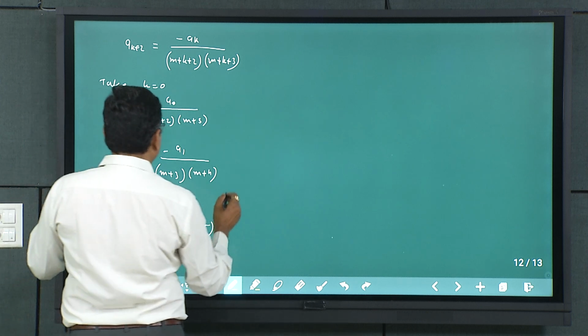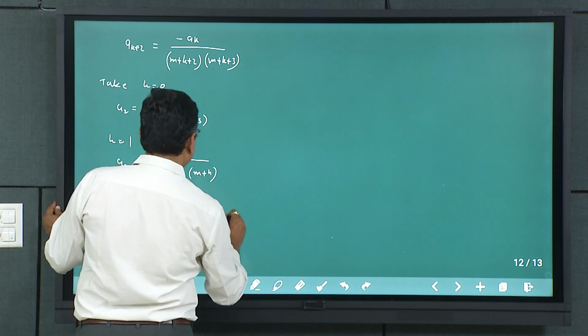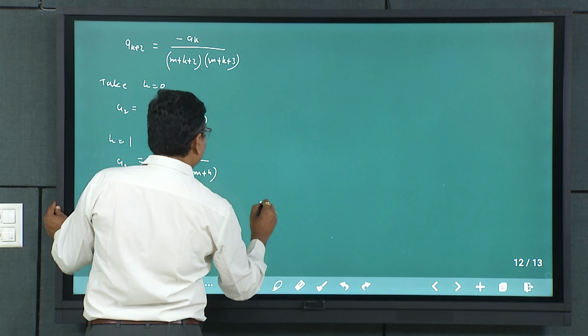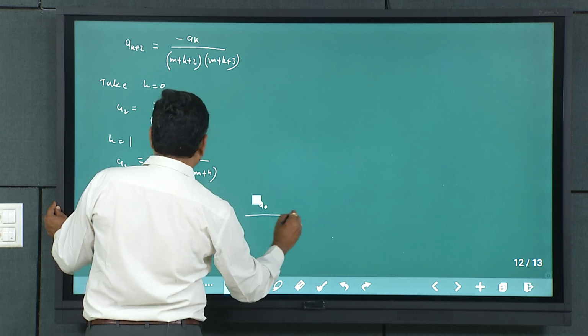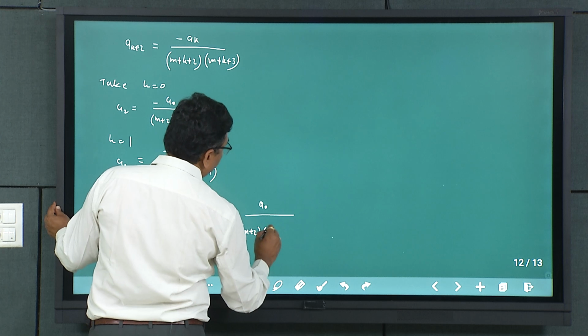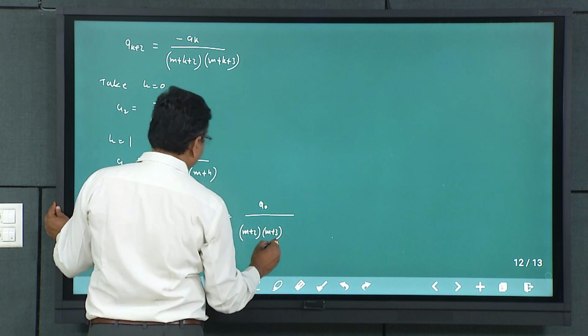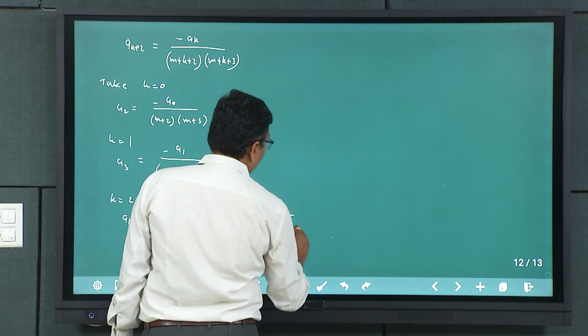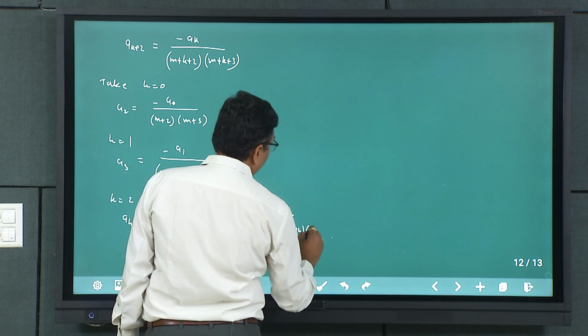Now A2 is equal to this one. So this is equal to A0 upon m plus 2, m plus 3, m plus 4, m plus 5,